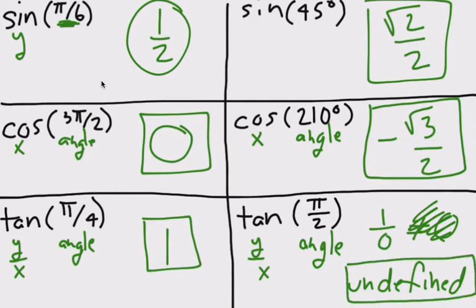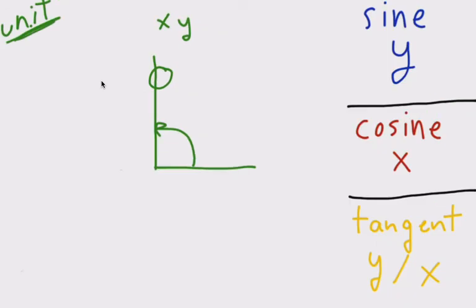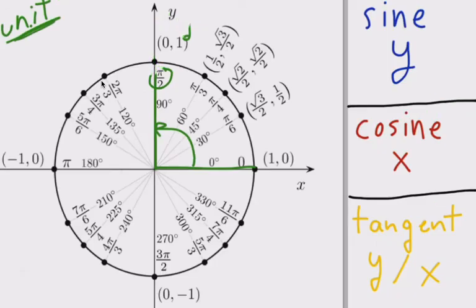Okay? Let's go through 6 more examples, and these examples have some twists in them. Alright, sine of 9 pi over 4. Alright, so again, 9 pi over 4 is the angle, and the sine means take the y-coordinate. So I can go back to find 9 pi over 4 on the circle. Alright, and now I know it starts here. Now if I look for 9 pi over 4, 9 pi over 4 isn't on here. But what I can do is say that, hey, 9 pi over 4